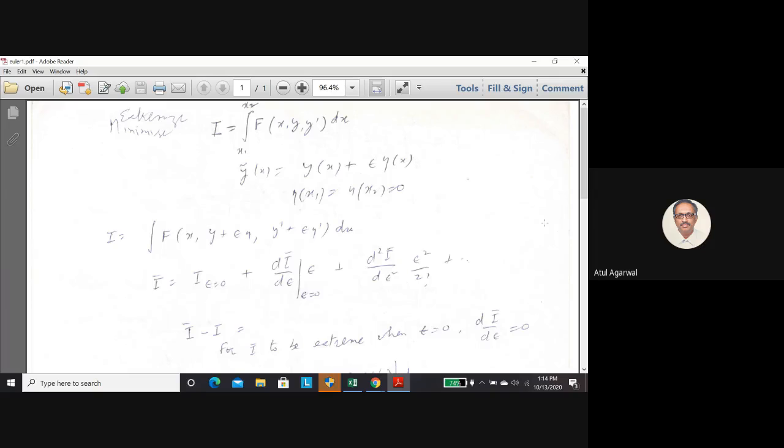Suppose I tell you there is a particle of mass m, and there is some force applied to it. How do you find its position and velocity with time? So we first draw a free body diagram, then we put all the forces. Then in a particular direction we take all the forces, mass into acceleration.